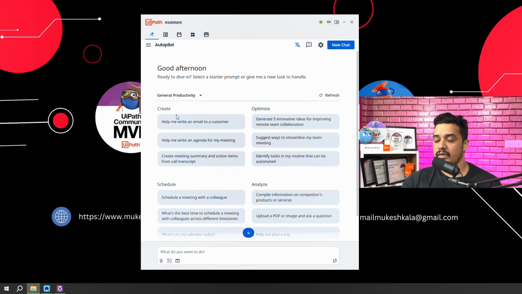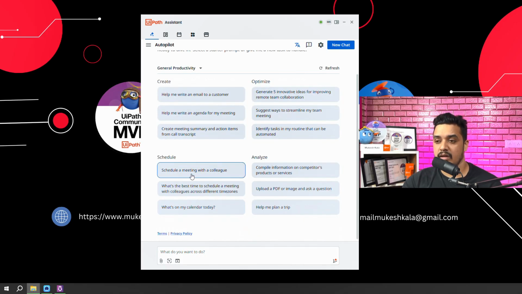Some of the things available here are: help me write an email to a customer, schedule a meeting with a colleague, what's on my calendar today, help me plan a trip. There might not be any automation which you as a human have written behind this, but it understands the context and gets the response for you.